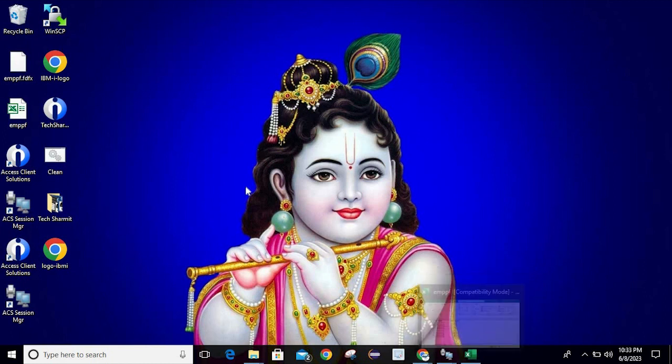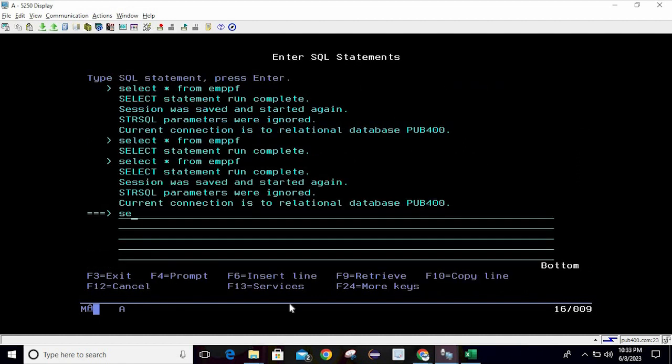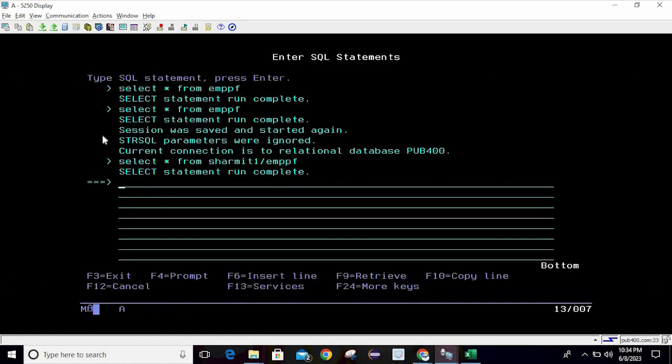Okay, so in the previous part we downloaded both the FDFX file as well as the normal file. So this time we are going to use that file only. First of all I will show you the data which we have in our physical file, and then we will clear the data and re-upload the data from the Excel sheet. So I'm running one query, select star from, my library name is Sharmit1 and file name is emppf. So you can see that this file contains 10 records. Okay, so we will make this clear,